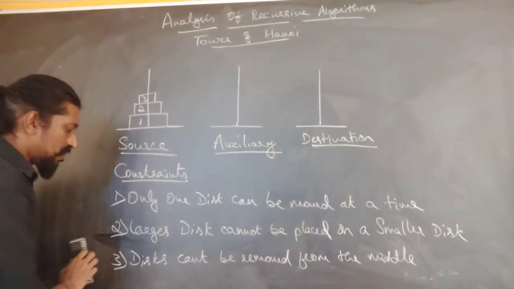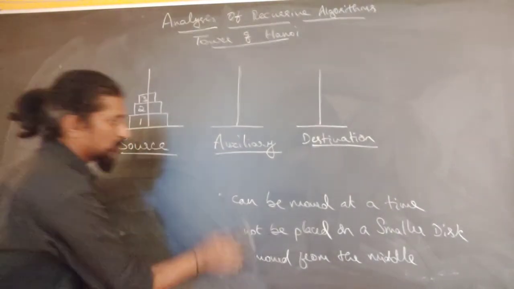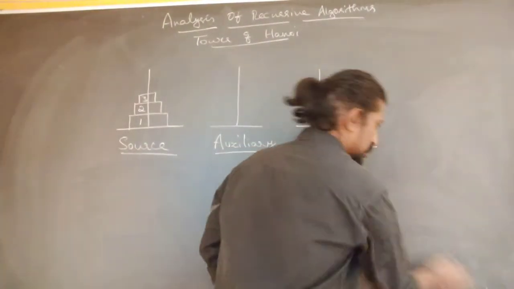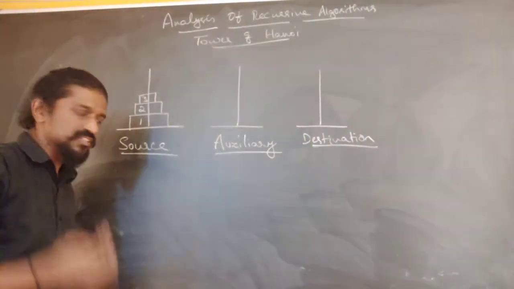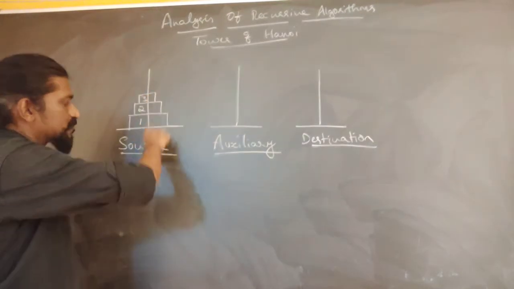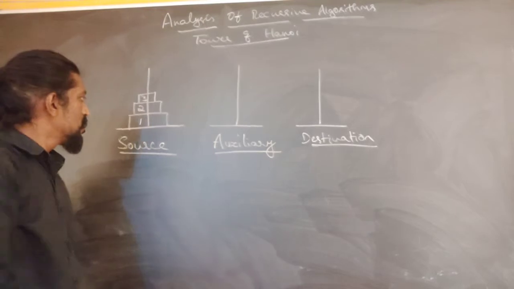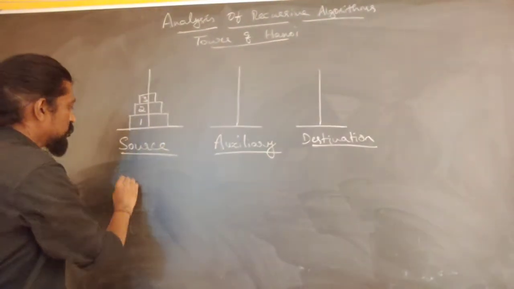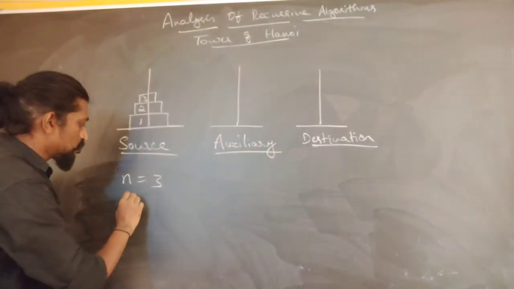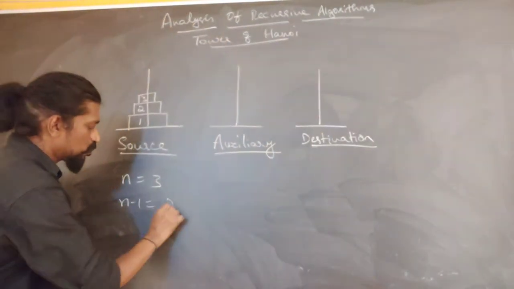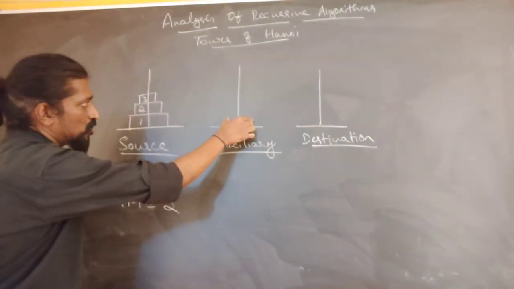Okay. So how are we going to solve the Tower of Hanoi problem for n discs? Let us consider this example of 3 discs and see how we can find the solution. So the solution has only 3 major steps. The first step is to move n discs from the source to the destination: move n minus 1 disc from the source to the auxiliary. In our case there are 3 discs, so n is equal to 3. So to move 3 discs from source to destination, it requires us to move n minus 1, that is 2 discs, from source to auxiliary. That is, 2 and 3 need to be moved to the auxiliary.